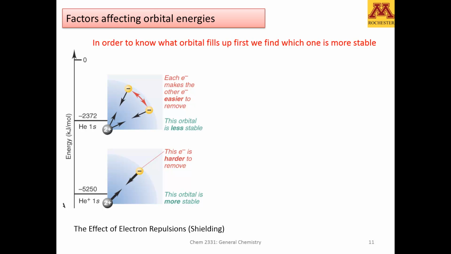Let's talk about the energy of orbitals when there's more than one electron. Remember what we said when talking about the energy of orbitals in hydrogen. We said that the energy only depends on a constant over n squared. The energy of an orbital only depends on the quantum number n. This is why we said that the energy of the 2s is equal to the energy of the 2p in